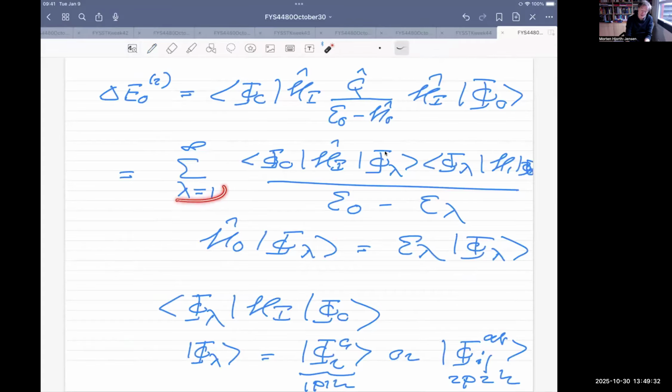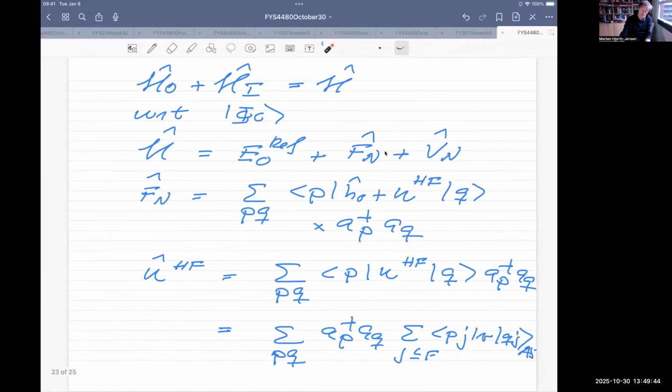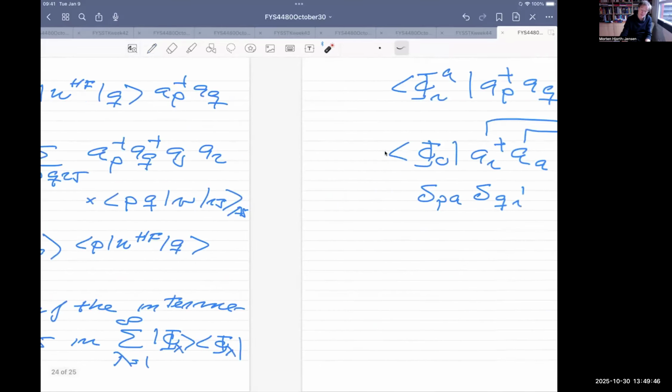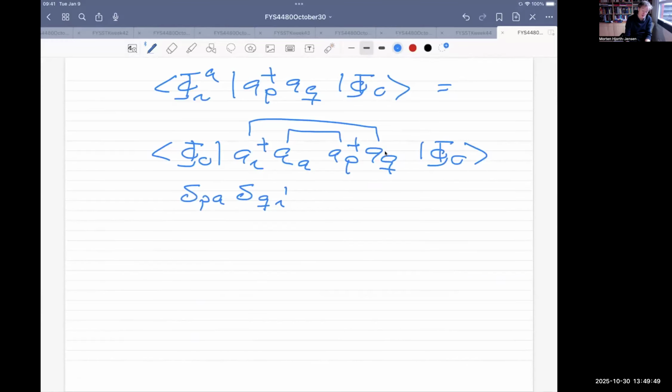So this lambda here reduces to a summation over one state a, a particle state, and a state i, a hole state. So what I will get then, when I look at that specific contribution, so this is just one of the possibilities which we have, is that the one-particle, one-hole term gives, to second order in the interaction,